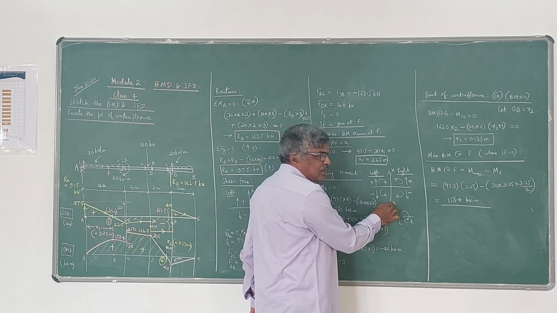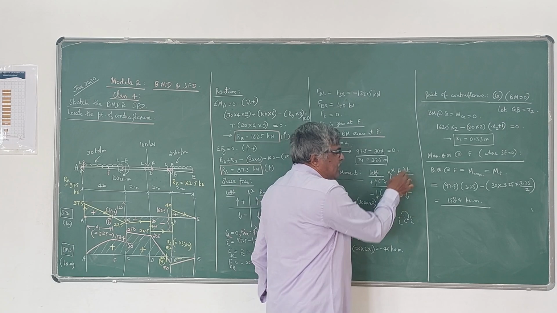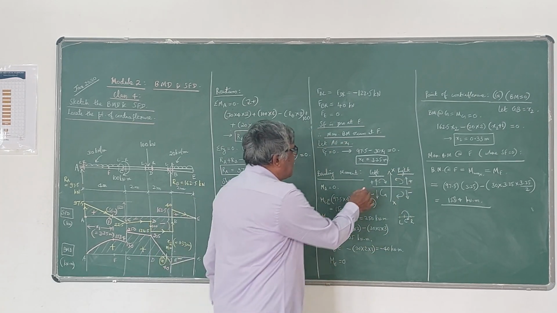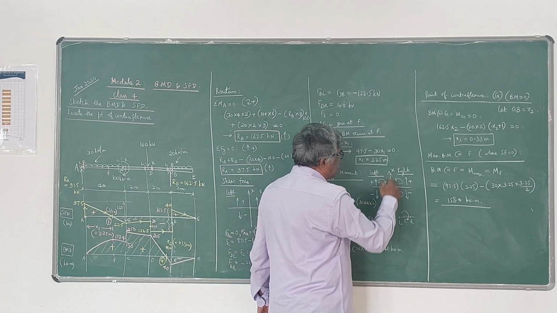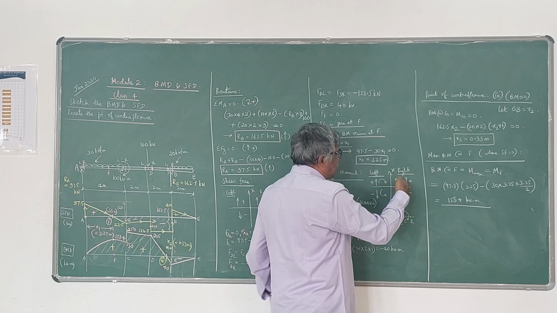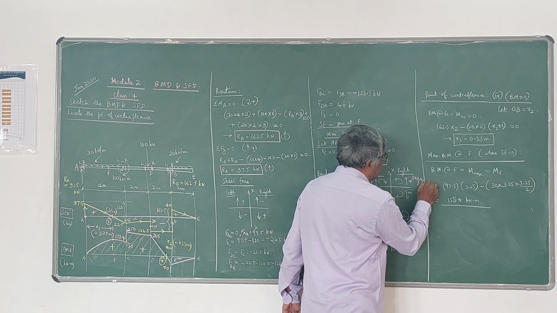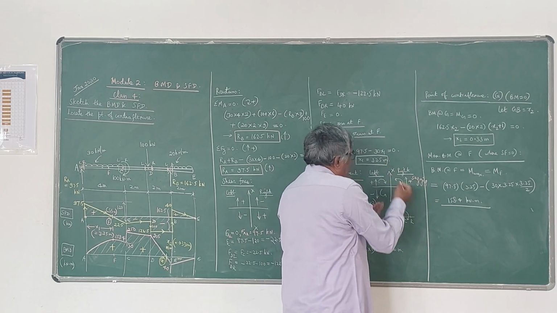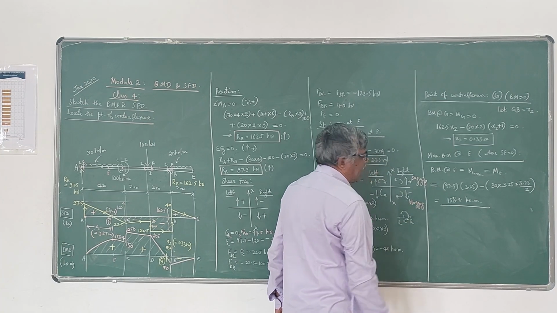If you take a section XX or any point on the beam, whether you are seeing the left side or the right side, irrespective of that, upward forces give positive bending moment, downward forces give negative bending moment. See here, I have written here. If you observe, upward forces give sagging bending moment. This type of bending is called sagging, which we call positive, and downward forces give hogging bending moment. So as per the sign convention, we are going to take it as negative.